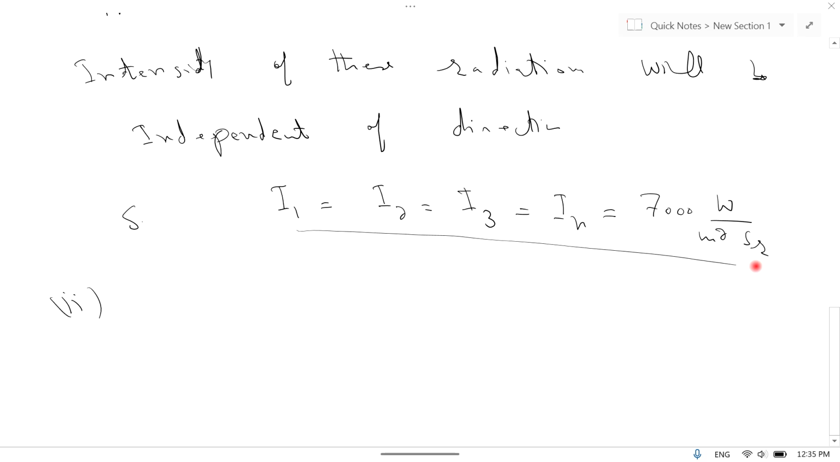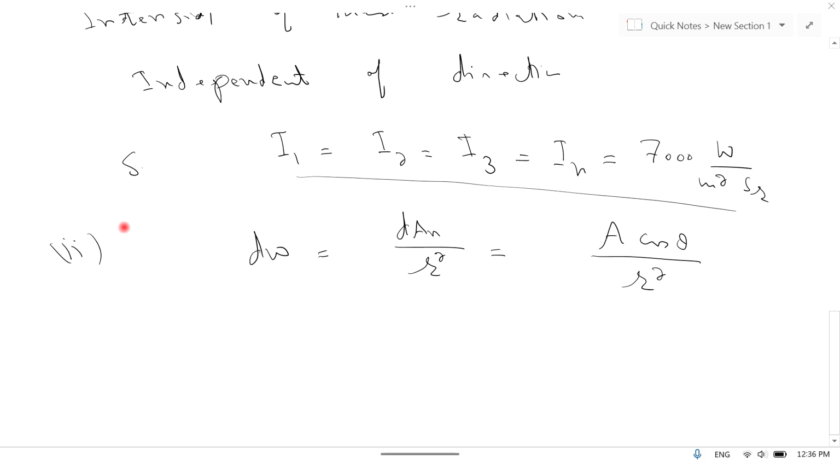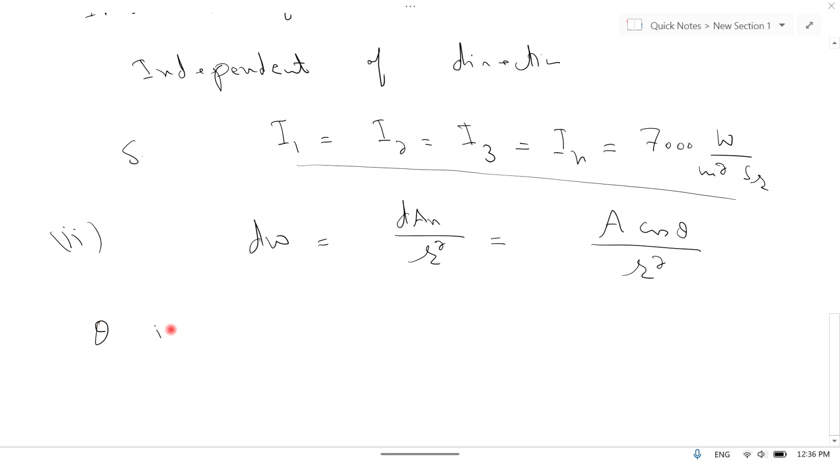Now we find the solid angle subtended between the surfaces A2, A3 and A4 with A1. The formula for solid angle is dW equal to dAn divided by R square, and dAn is basically A cos theta divided by R square. First we define the angle theta. Theta is the angle between the lines joining the two areas